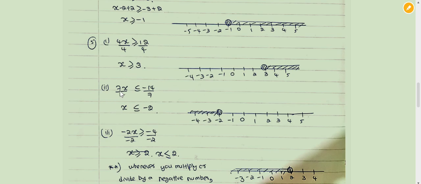Now, 7x is less than or equal to minus 14, right? So firstly you should divide both sides by 7 to cancel this, and firstly get this x alone on the left side. And when you divide minus 14 by positive 7,